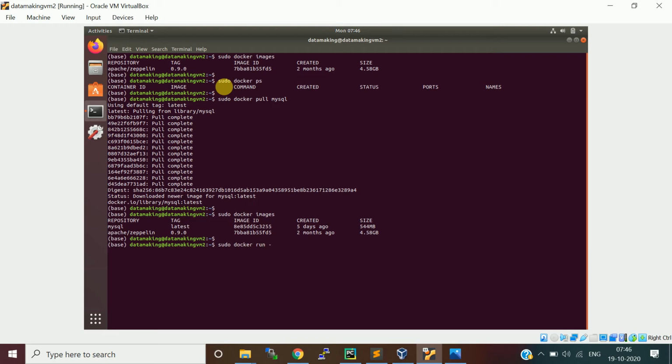You can give a name for it, with the name option. So like data making MySQL DB. I'm giving the name as data making MySQL DB, and you need to actually export